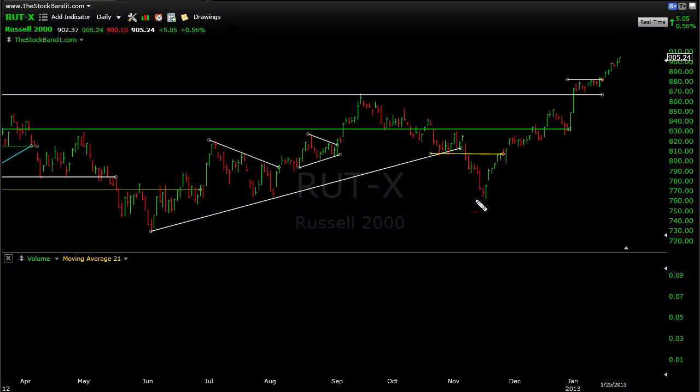And as you take a look back here to this November low, well, let me just first things first. From the December 28th low, this test right here of this 833 area, which has been a big level that I've highlighted here a number of times, we pulled back into that in late December, and then of course New Year's Eve we lifted from there. January 2nd we continued higher,